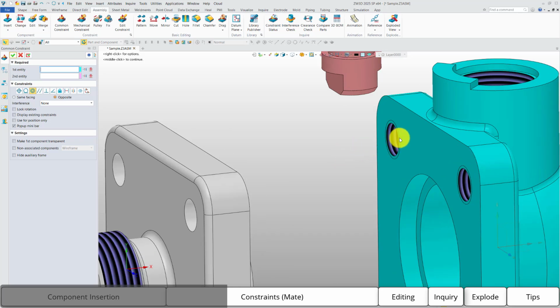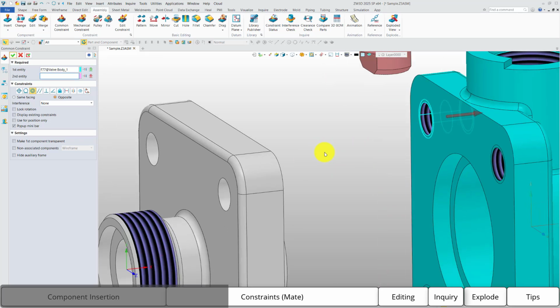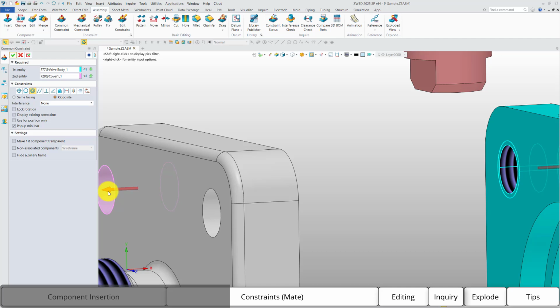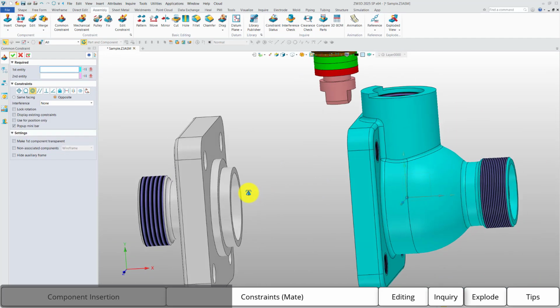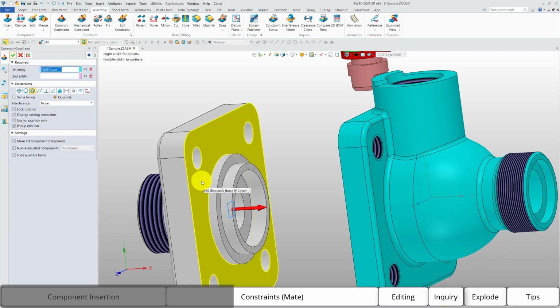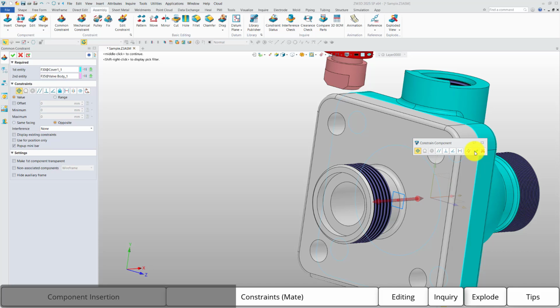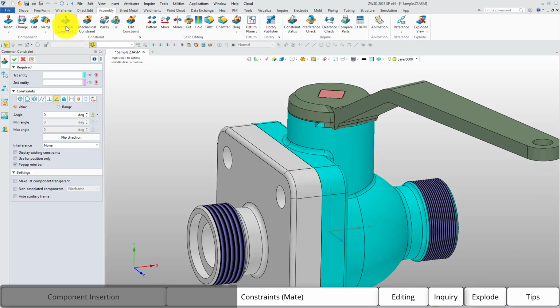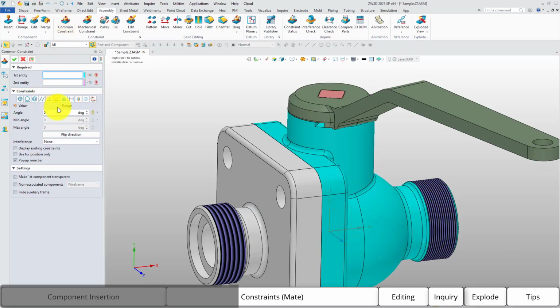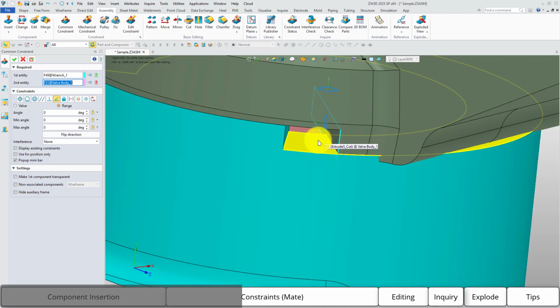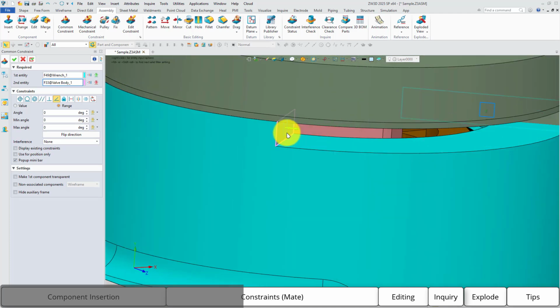Then we will select this one, and here. The last one we will select this face and this place. Okay. For angle and distance constraints, you can set fixed values or ranges. For example, here,